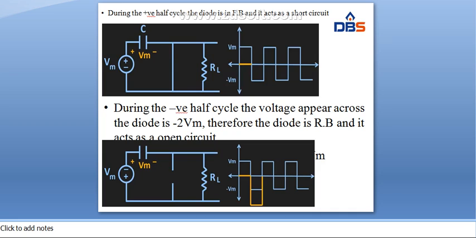So if we see the applications of the clippers and clampers, first the applications of the clippers. Clippers can be used as freewheeling diodes in protecting the transistors from transient effects by connecting the diodes in parallel with the inductive load. Clippers are commonly used in power supplies. Clippers are also used in FM transmitters for removing the excess ripples in the signals above a certain noise level.